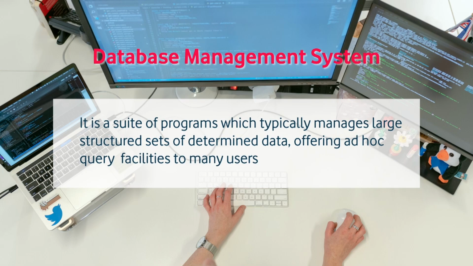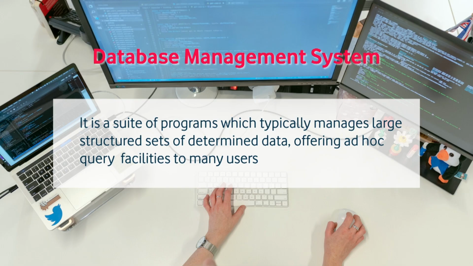Now if we talk about the database management system, we can visualize it as a suite of application programs that manage a large amount of data and provide different kinds of querying facilities on that data to the specific user.